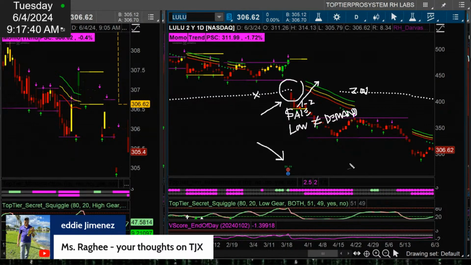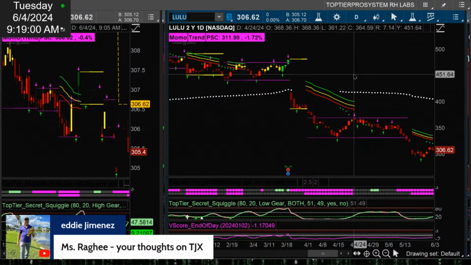So this is the opposite of buy the dip. This is sell the rip. If price rallies to resistance, that's an opportunity to get long puts. And that's what I would definitely look at with Lulu. I don't know what yoga pant technology, maybe they're going to put AI in the pants. I don't know. But barring anything like that, Lulu looks like it's going to continue to go lower.